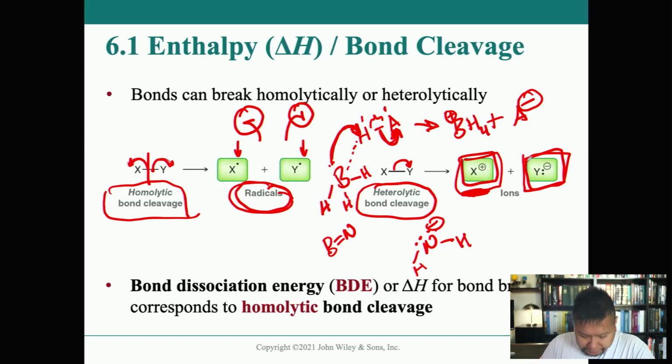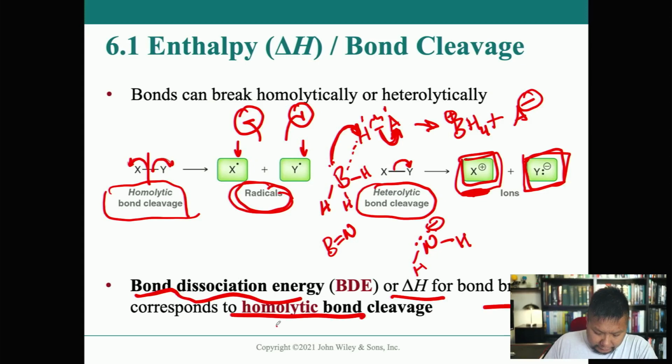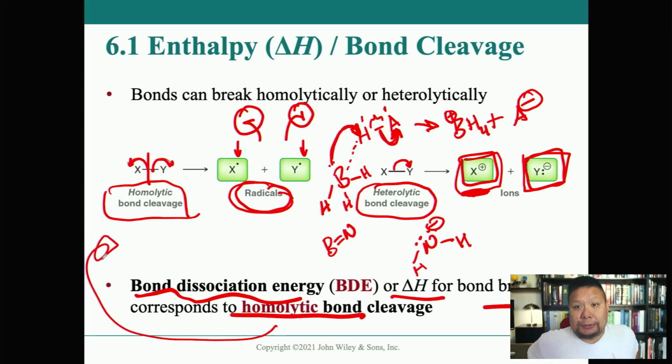So all this comes down to what we call the BDE, or the bond dissociation energy. Basically, that's the delta H required for the bond breaking of a homolytic cleavage, right? And the next couple of slides are just going to be some charts, I think, of some bond dissociation energies. And as always,